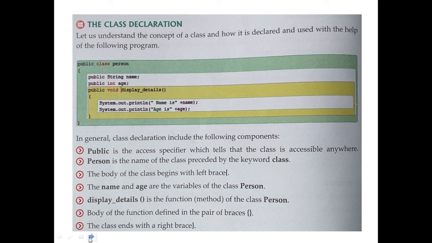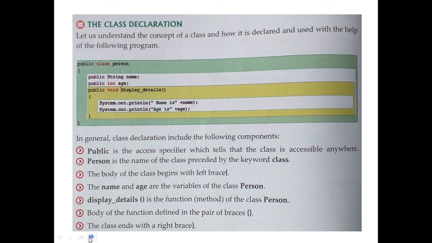So once again I am saying, children, this chapter name is Introduction to Java and BlueJ. First of all, we have to know that Java is a high-level programming language that follows the object-oriented programming approach. When we talk about object-oriented programming, two important things should come to our mind: class and object. A class is a virtual name, a group of similar things, a name given. Like we can say fruit is the name of a class, whereas apple, mango, orange, which are real entities, real things, are known as objects.